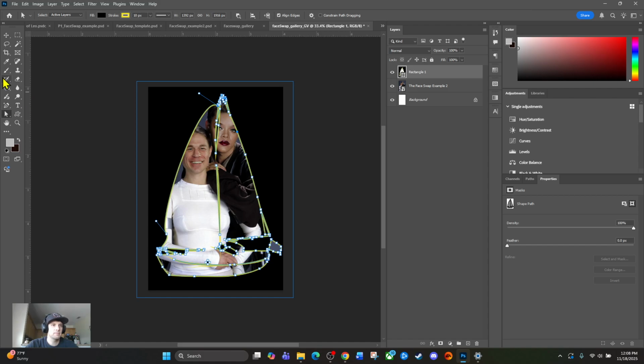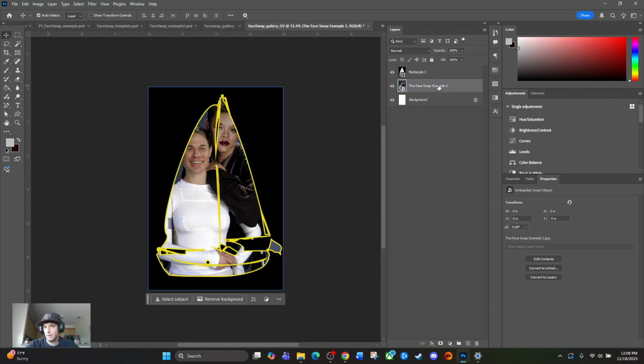So what should I say? Let's give it a quote from maybe Captain Picard here. So let's go to, well, if I go to my type tool right now, I got this weird circle around my type tool. It wants me to type inside this shape, right? So I need to go back to my move tool and select a different layer. Right, so now I don't have a vector layer selected. I'm going to go to my type tool